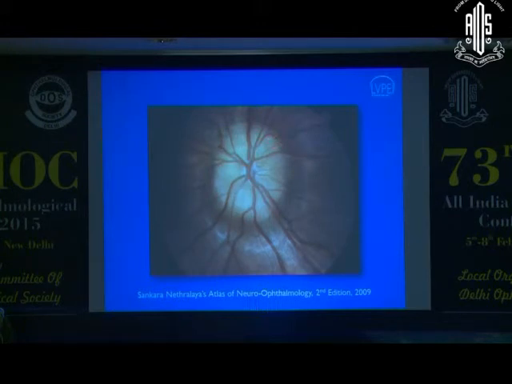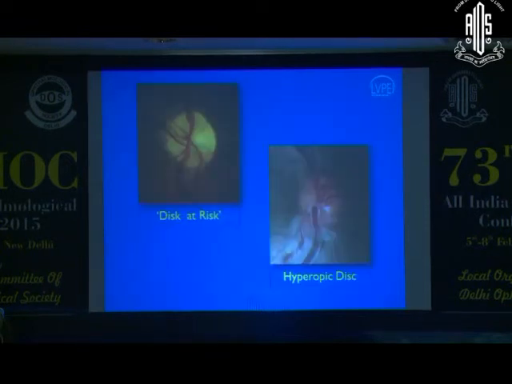The cup is obliterated. There are no hard exudates, no hemorrhages, no engorgement of veins. The AV ratio is not altered. So there are so many signs which tell you that this is pseudo disc edema. This patient has optic disc drusen, which was picked up on B scan. These are other examples of pseudo disc edema. This is a small disc with a small cup and classically called heaped up nerve fiber layer. But the nerve fiber layer is transparent, and again this is a pseudo disc edema.